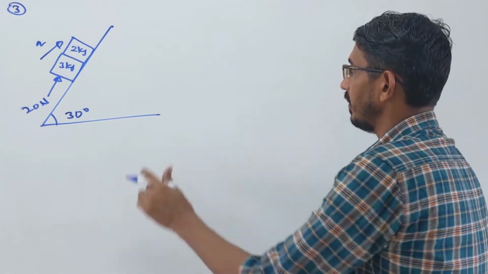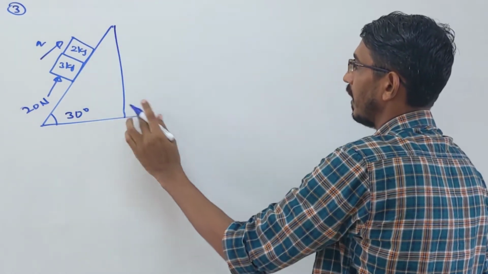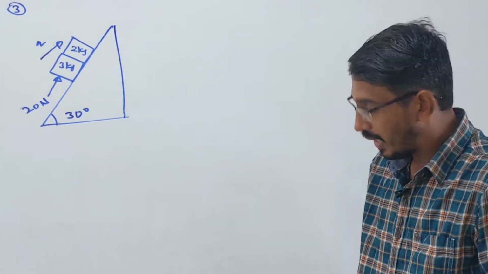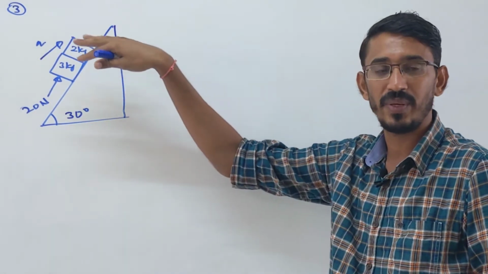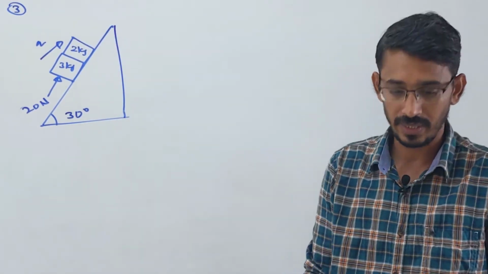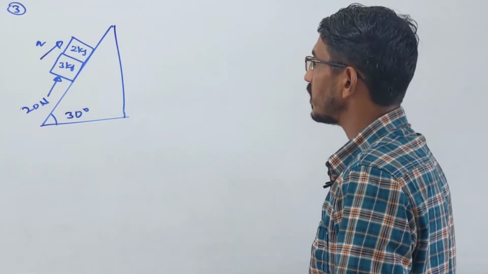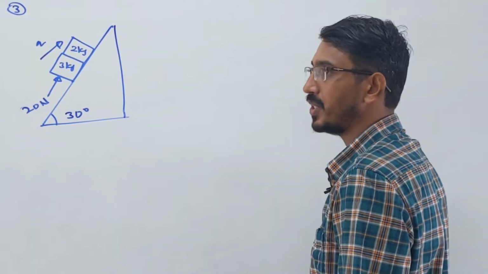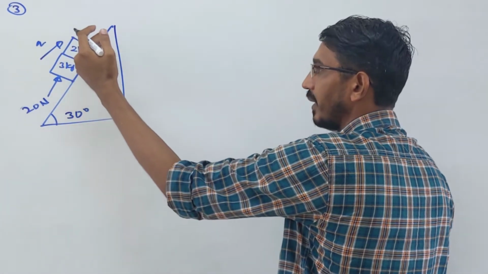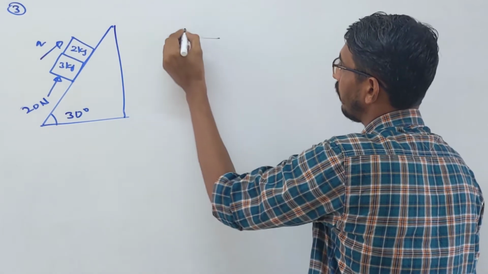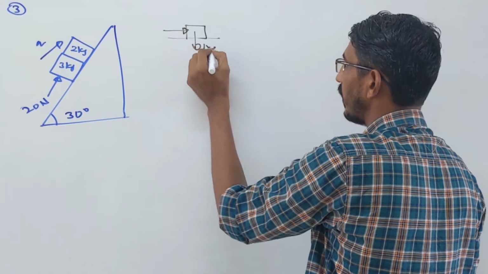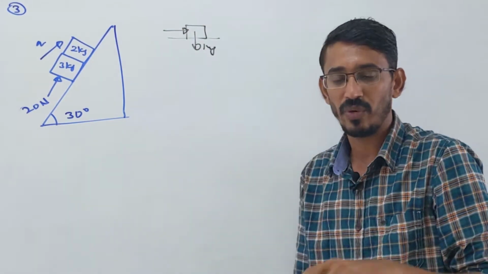So the inclined surface is there. Not a big thing, the procedure will remain exactly the same. Again I am saying this surface is smooth. Right now we are not talking about friction at all, these questions will repeat again with friction in the friction topic. So let's find the acceleration of the system. Give attention here. 20 Newton force is applied, and like on a horizontal surface when I put bodies here, suppose this force was applied and no friction, then your weight was perpendicular to here, right? Weight is acting perpendicular and the body is moving horizontally.